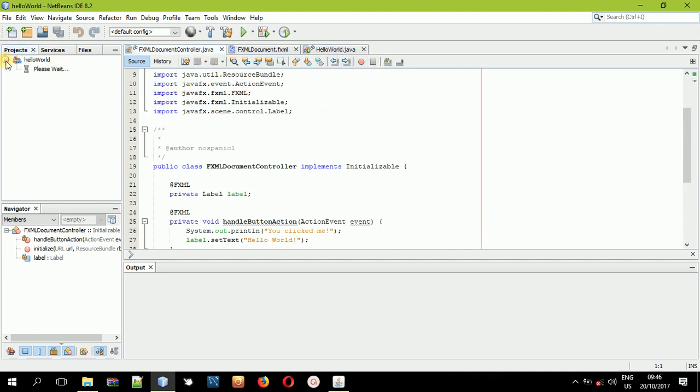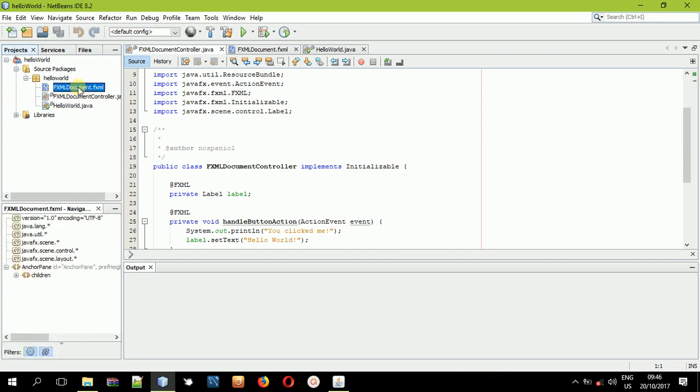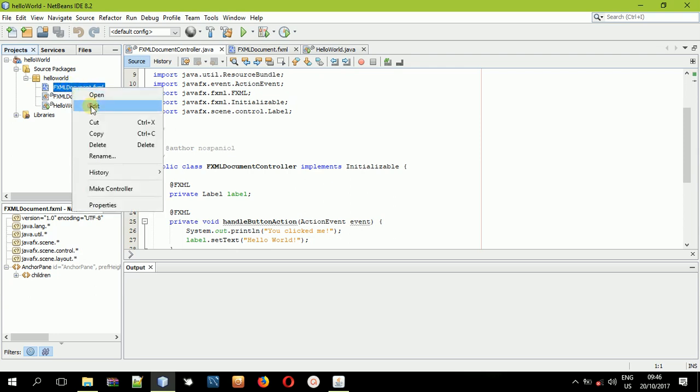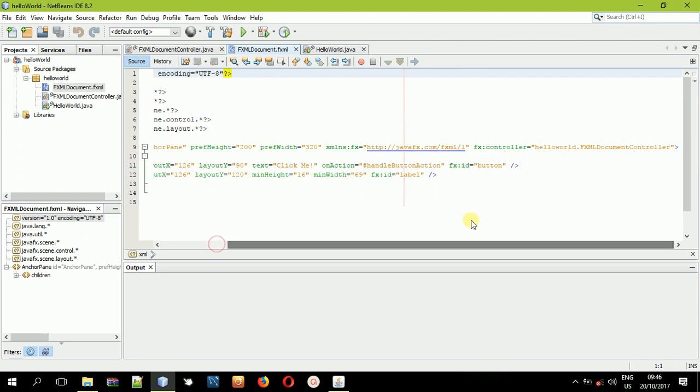Let me now explain the structure of a JavaFX FXML application before I continue. We have an FXML file. This is where you'll be doing most of your interface. Your interface will be the FXML file. So we'll be using Scene Builder to design the interface, and then this FXML, when you edit it, is connected to the controller class